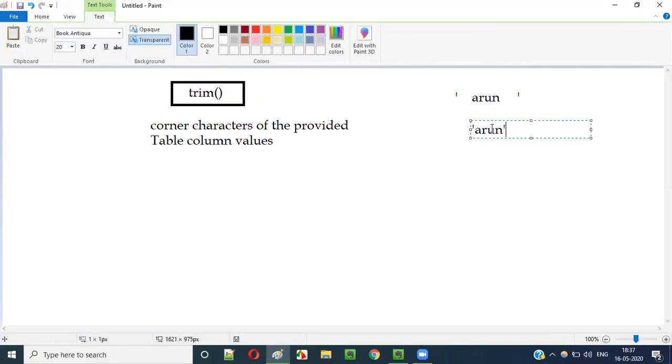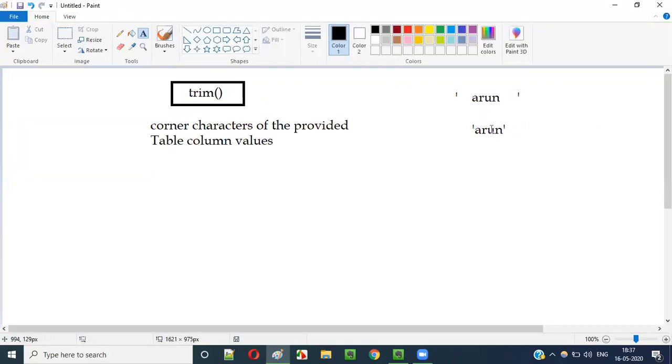That is, the spaces before the starting of the text and the spaces after the ending of the text will be trimmed, that is, removed. So this Arun having spaces will be converted to normal Arun using the trim function.